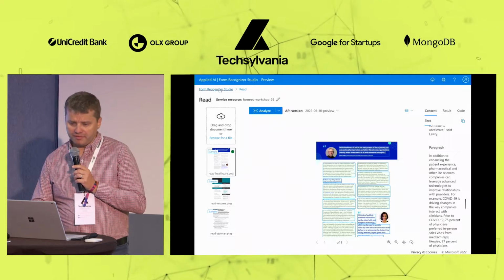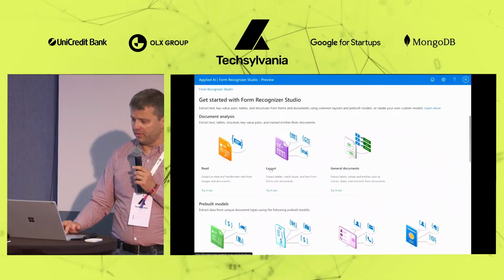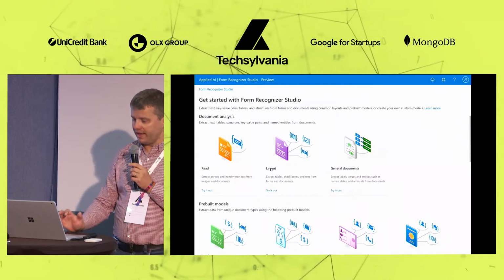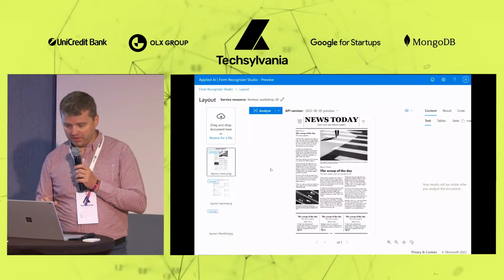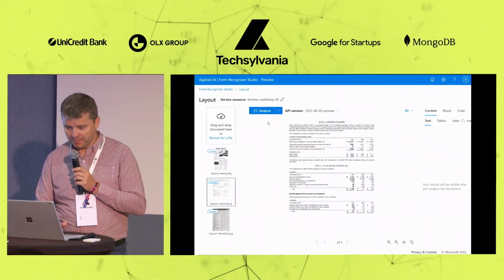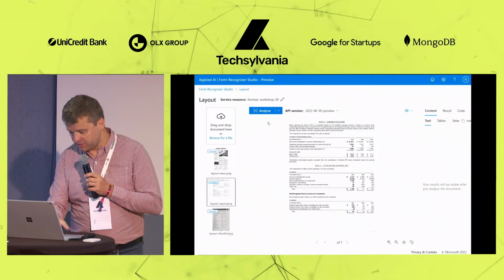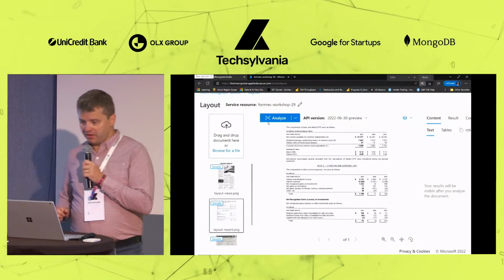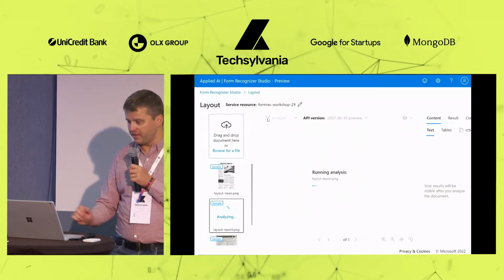So this is quite simple. Obviously, this can be used for very simple cases. If you just need to read a document, maybe you want to understand the layout of the document. If you have something a bit more complicated, let's say I'll just take this one for instance, which is kind of a note. I guess it's part of an earnings report of a company. If I do analyze here,